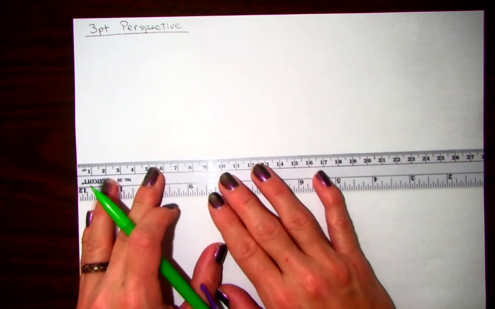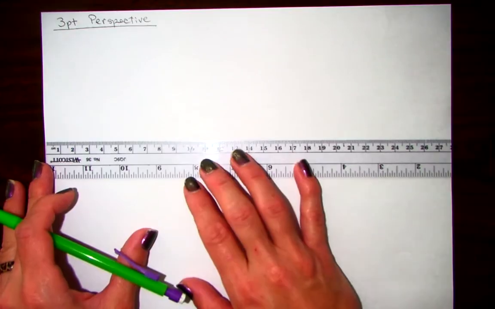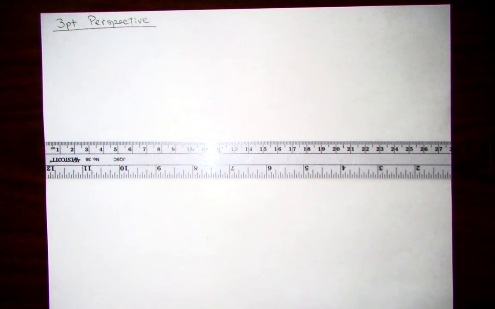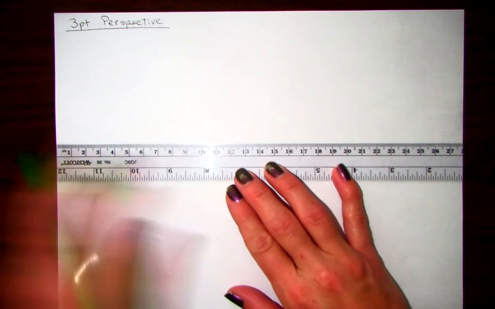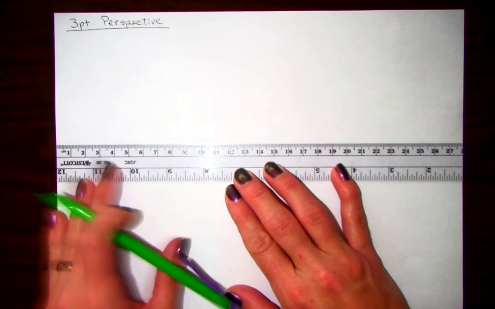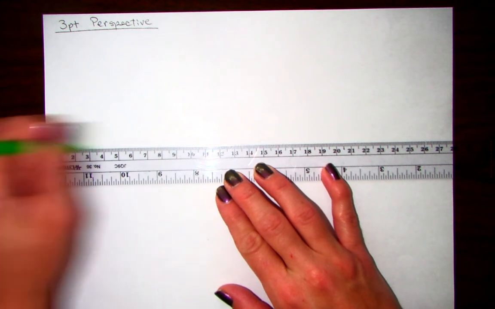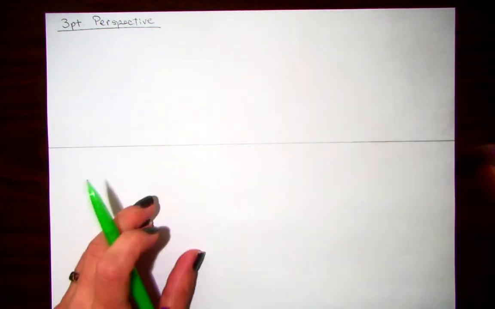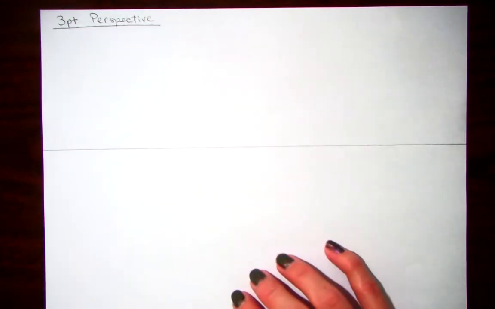Okay, so just a reminder that on 3-point, the only horizontal line we will have anymore is going to be the horizon line. We will no longer have vertical lines or horizontal lines other than that. Okay? So go ahead and start. I've got my ruler nice and flush with the edge of my paper, and I'm going to do my horizon line here. Okay? And we're going to do this a few different times just so that you get a good